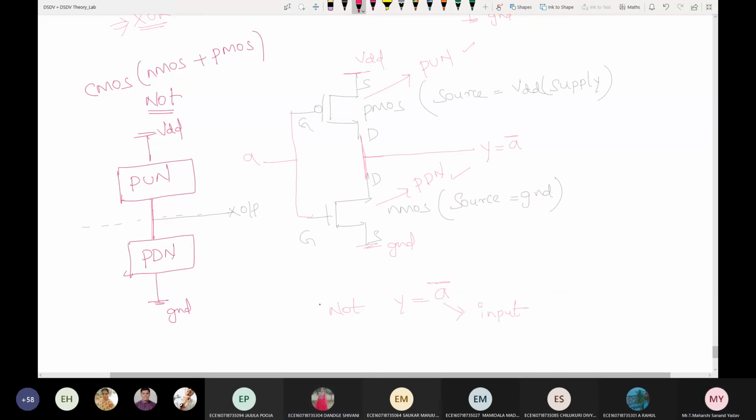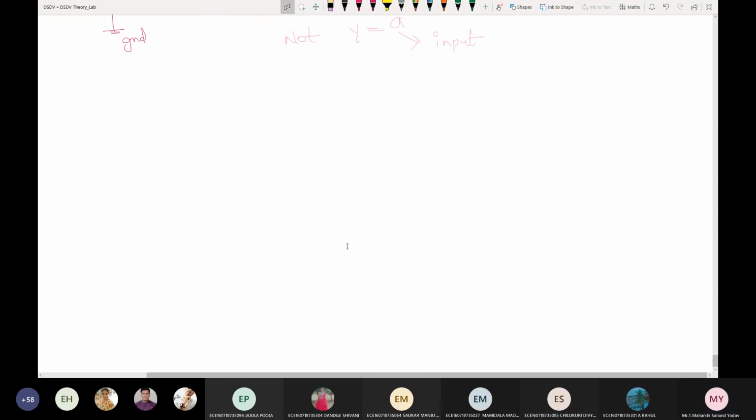Yes, sir. Now you tell me for a NAND gate, Y is equal to A dot B whole bar. First step: NMOS will be in series. First focus on the component present below the bar, which is A dot B. Now you tell me the condition: dot is what, plus is what?